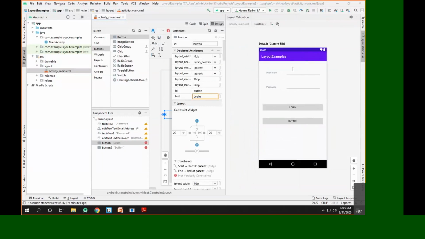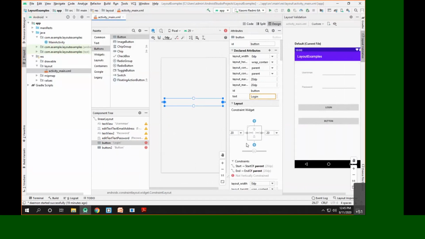Most of you have given the relative layout. Again, the relative layout is the correct answer, but according to my suggestion, if you use the constraint layout, it will be very much easier than the relative layout. My suggestion is, if you have a more complex layout, you can go with the relative layout. But rather than using a relative layout, if you go with the constraint layout, it will be very much easier and it will consume very little. So that is my suggestion. Again, if you use the relative layout, it's okay.